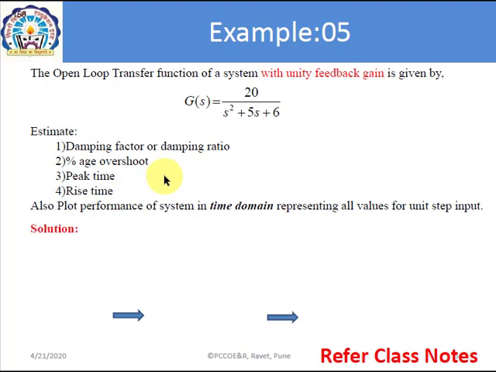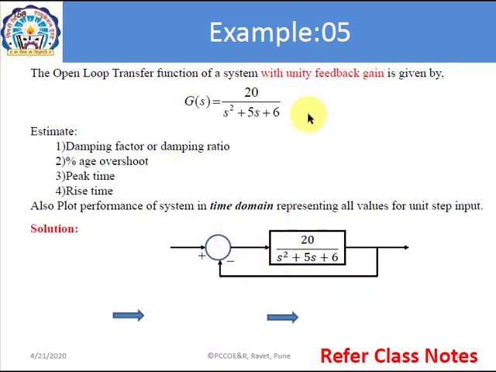It's a special case. First of all, we are going to prepare a unity feedback system. So this is the transfer function of a system with unity feedback. Let us assume that the input is a step function 1 upon s and C(s) is the output. So for this kind of numerical, we have to resolve the unity feedback, and then we'll get the transfer function, and that transfer function we have to solve by using the earlier discussion. So let us obtain a transfer function with unity feedback.